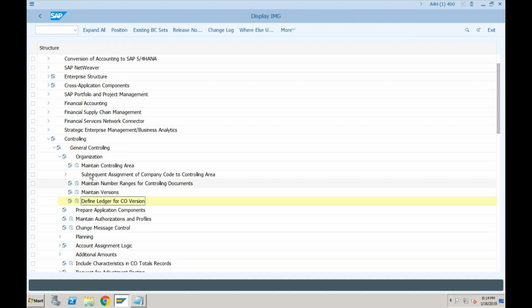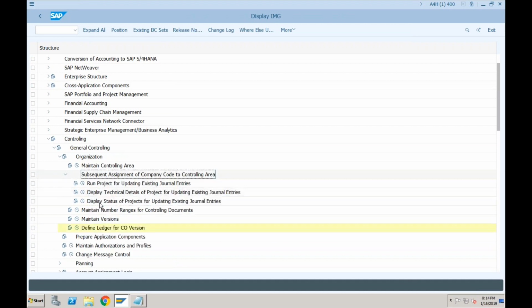Okay. Now this is also something which was available in SAP ECC, but it was not directly available here. This is the subsequent assignment of controlling area. For example, when you created a company code, it was not assigned to any controlling area. But now after doing a lot of transactions in the company code, if you want to assign it to the controlling area with the previous postings also, this is not a very straightforward job.